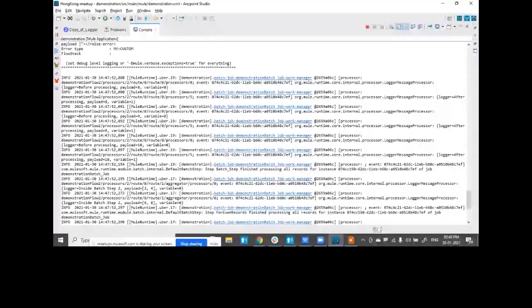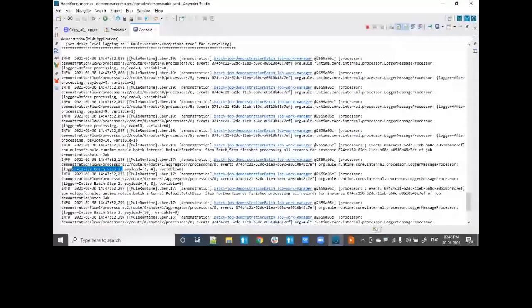Inside batch step 2, you can see the payload size to be an array of 2 records, or a collection of 2 records: 2, 4, 6, 8, and there will be 1 record that will just hold a single data. So 2, 4, 6, 8, I should also be able to see 10 somewhere. Let me check. You can see over here inside batch step 2, it's only having 1 record. So a maximum of 2 records it will wait for.